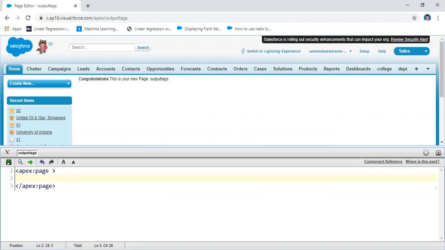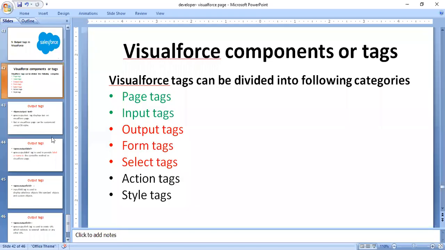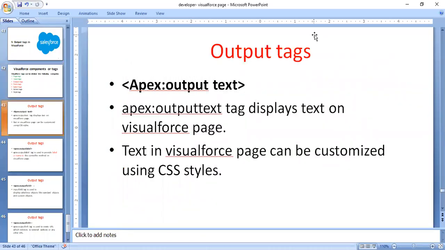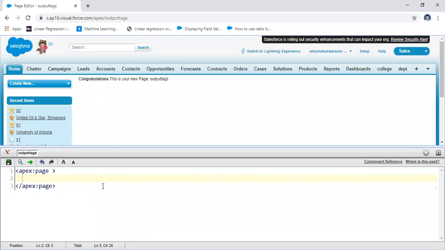The first tag here is the output text tag. What is the output text tag? It displays text on a Visualforce page. For displaying text, you use this first tag.